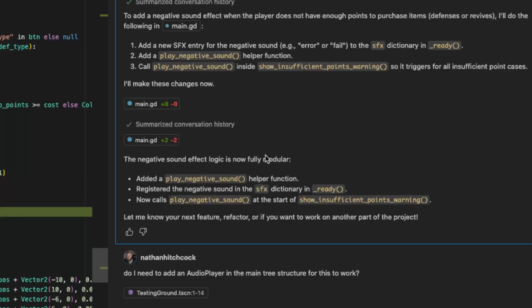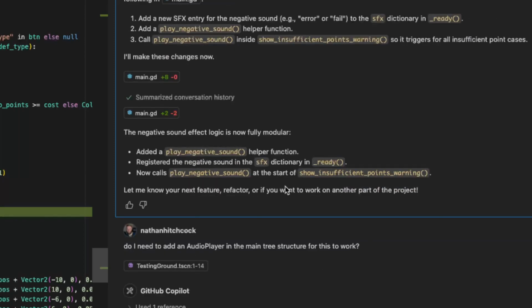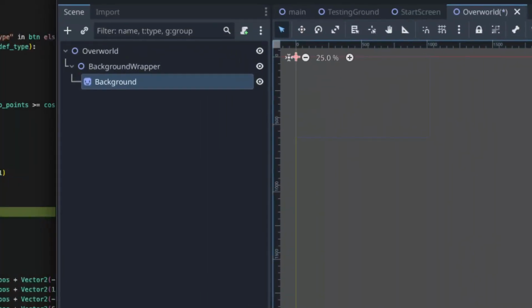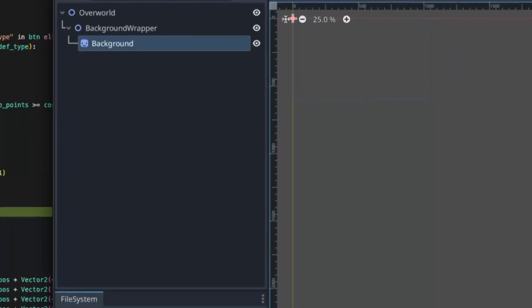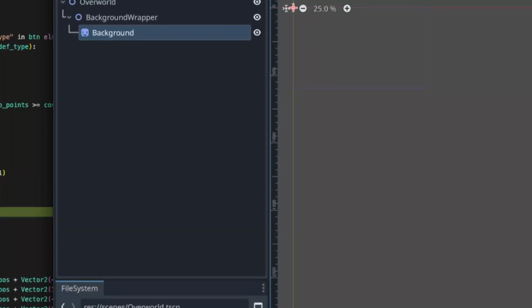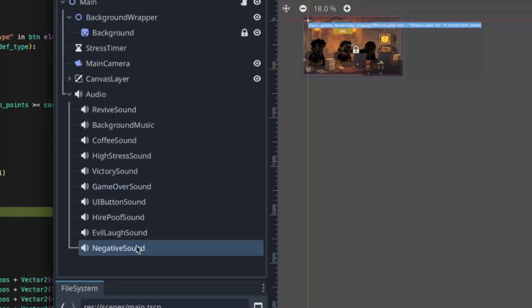So maybe in the future, one of the tips would be to say, hey, please give me what you're planning to do, but don't implement it yet. That way you have an opportunity to review the code and look at what it's doing before it does it. And then I did notice, so I went over into my Godot session, onto the main